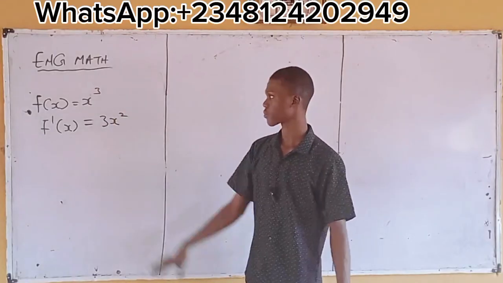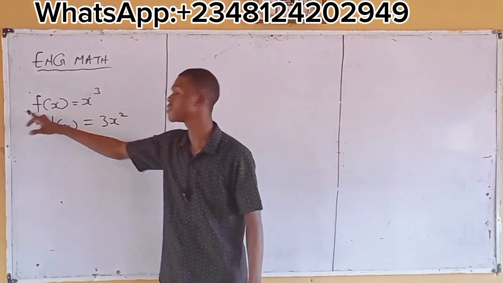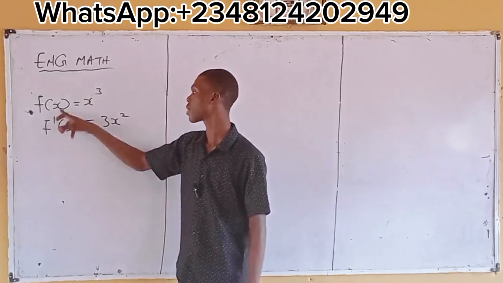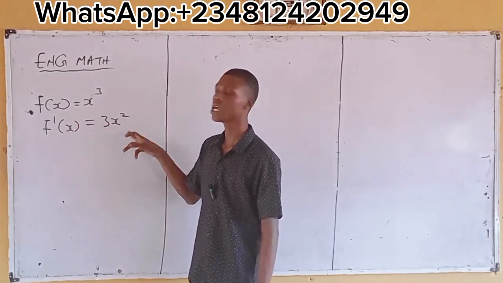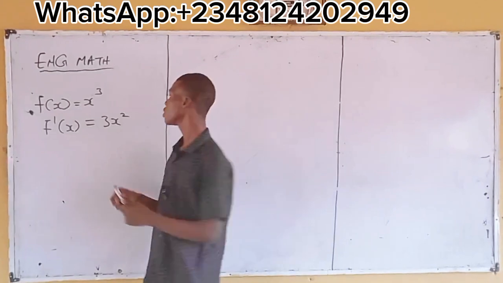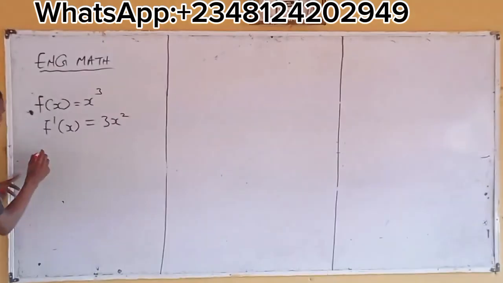Under differentiation, we are given this question. This is the function itself: f of x is equal to x cubed. Then f prime of x is equal to 3x squared. When we say f prime of x, meaning dy dx, given this function,